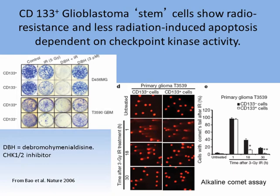But in the second column over in the middle, you see that the CD133 minus cells are showing less growth following a dose of 5 gray, suggesting that those cells are more sensitive than the CD133 positive cells. And you see that's true for both of the two glioblastoma cell lines which were looked at in this study. The other two panels here relate to checkpoint kinase activity, which we're not going to really discuss. In the right panel,